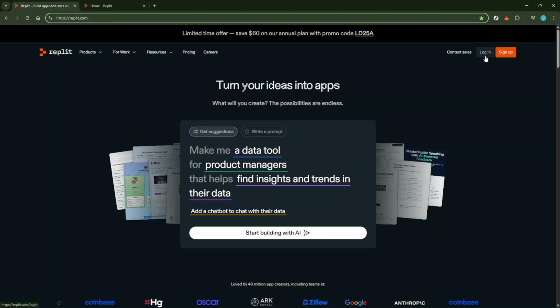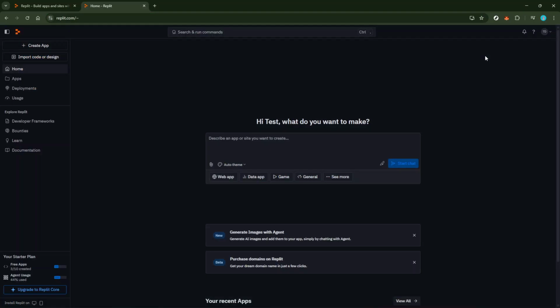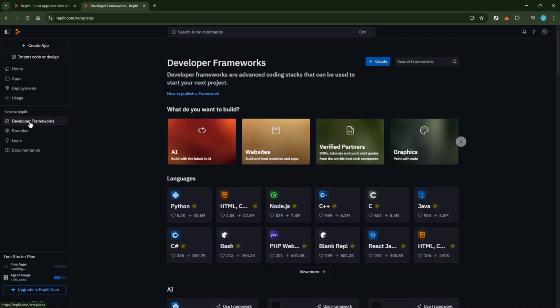Now, as you might notice, Replit doesn't have a direct fork button as some other platforms do. Instead, you'll be focusing on the Developer Framework section, which you can find on the left-hand side panel. Go ahead and click on Developer Frameworks. This area is where you'll find the different frameworks available that you can use as a base for your coding